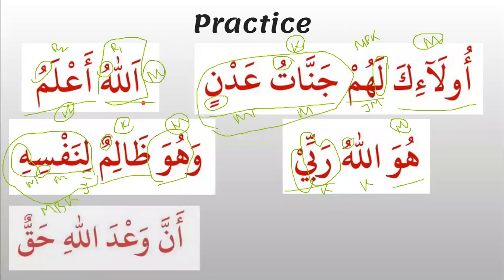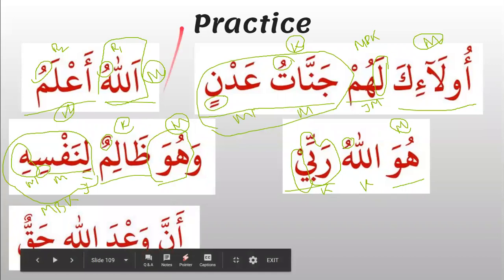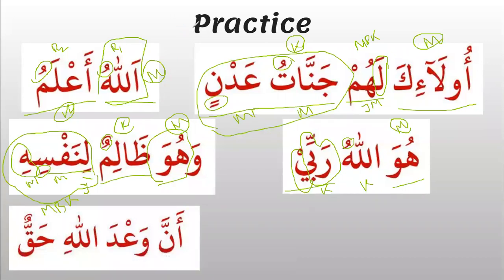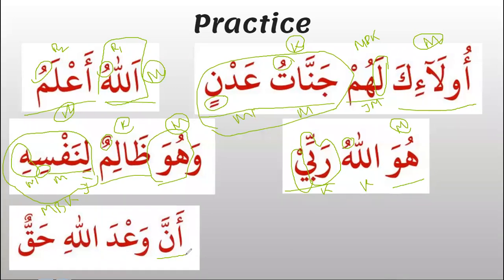Then anna wa'adallahi haqq. Anna, as you know, anna, inna, annaka, laita, lakinna, la'alla, those are harf nasab, and anna is affecting this word wa'ada, right? So harf nasab with its ism will be considered the mubtada. As we know, the word Allahi over here is jar, and wa'ada, you can see, is light with no alif lam, followed by a jar. That's why this one is also part of the mubtada.